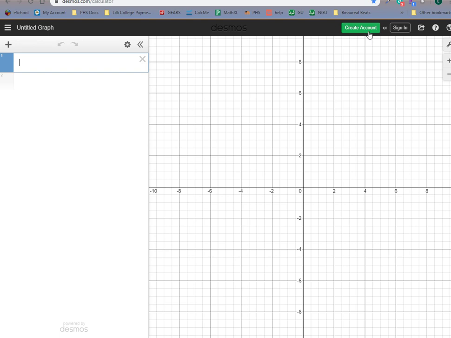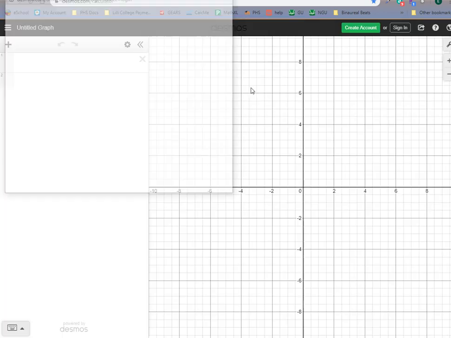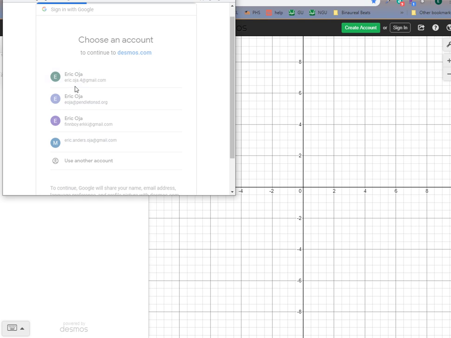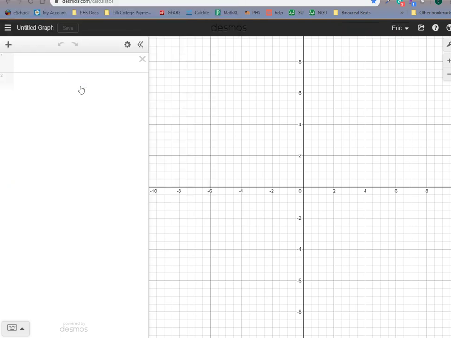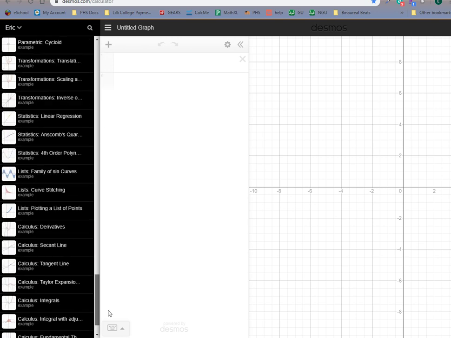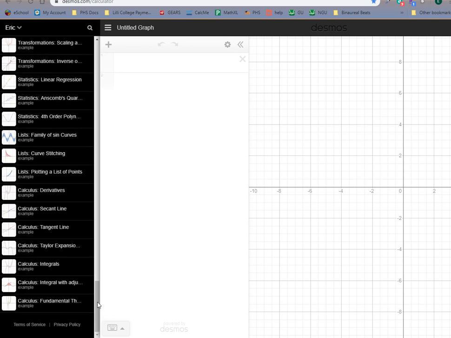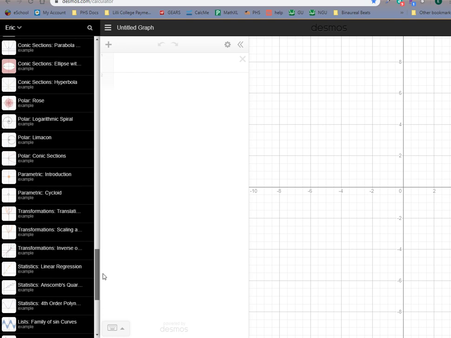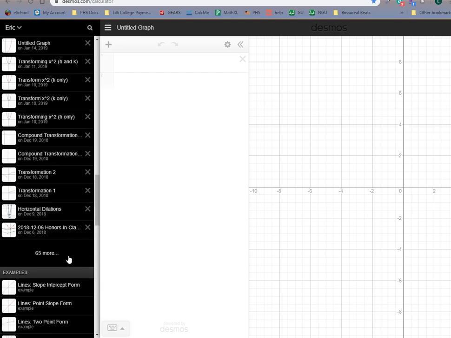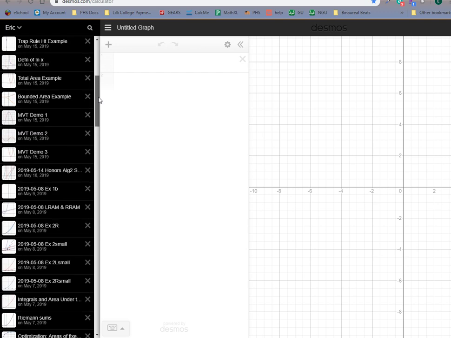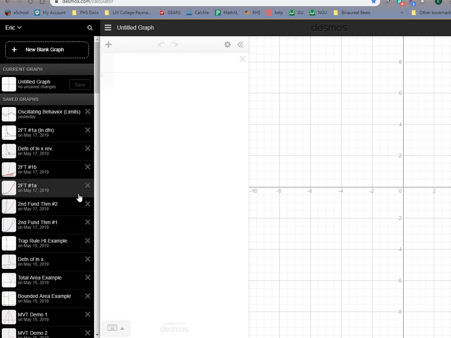If I sign in with mine, you probably saw this yesterday. I've got this list of, I don't know how many there are here, but there's a lot. Right, and I can add 65 more to my examples that just show up here. I haven't done as good a job as I probably should have of organizing those because they're for all my classes, but it's helpful to you, okay? And bookmark it too. So you're in Desmos,